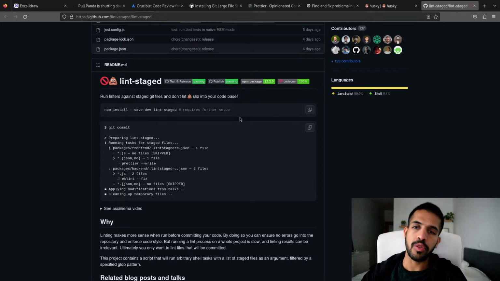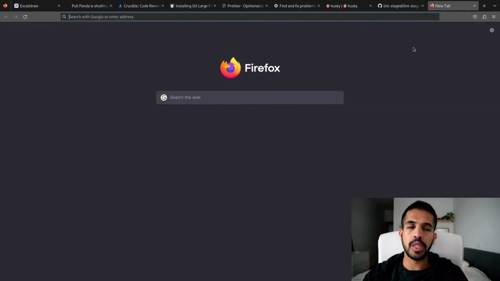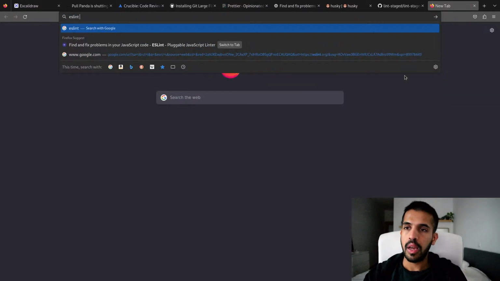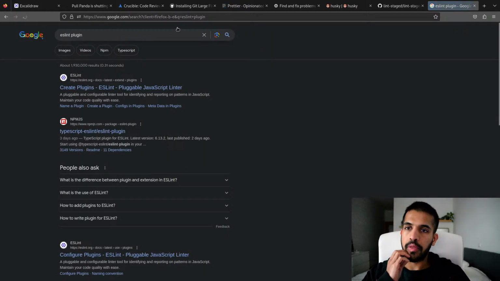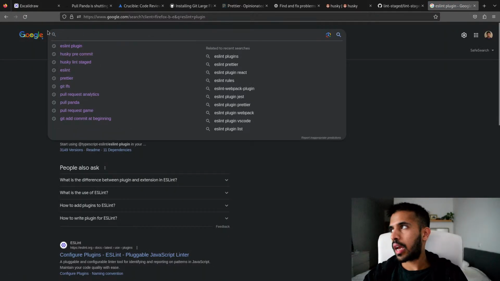Something will always get through. So I would say I personally try to automate it as much as I can. For most possible code style things, you can always find some kind of ESLint plugin that does what you want. Like for example, recently there's something that bugs me.